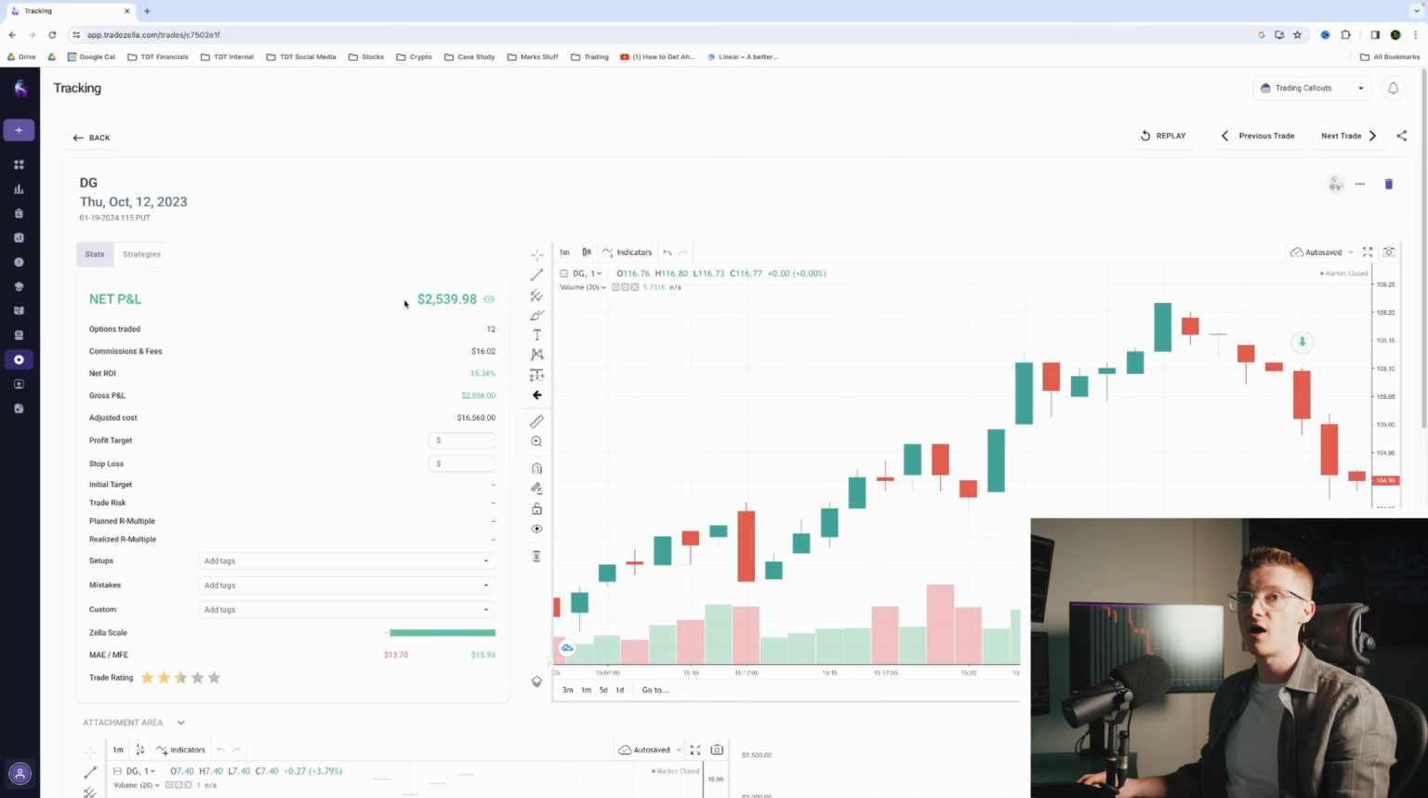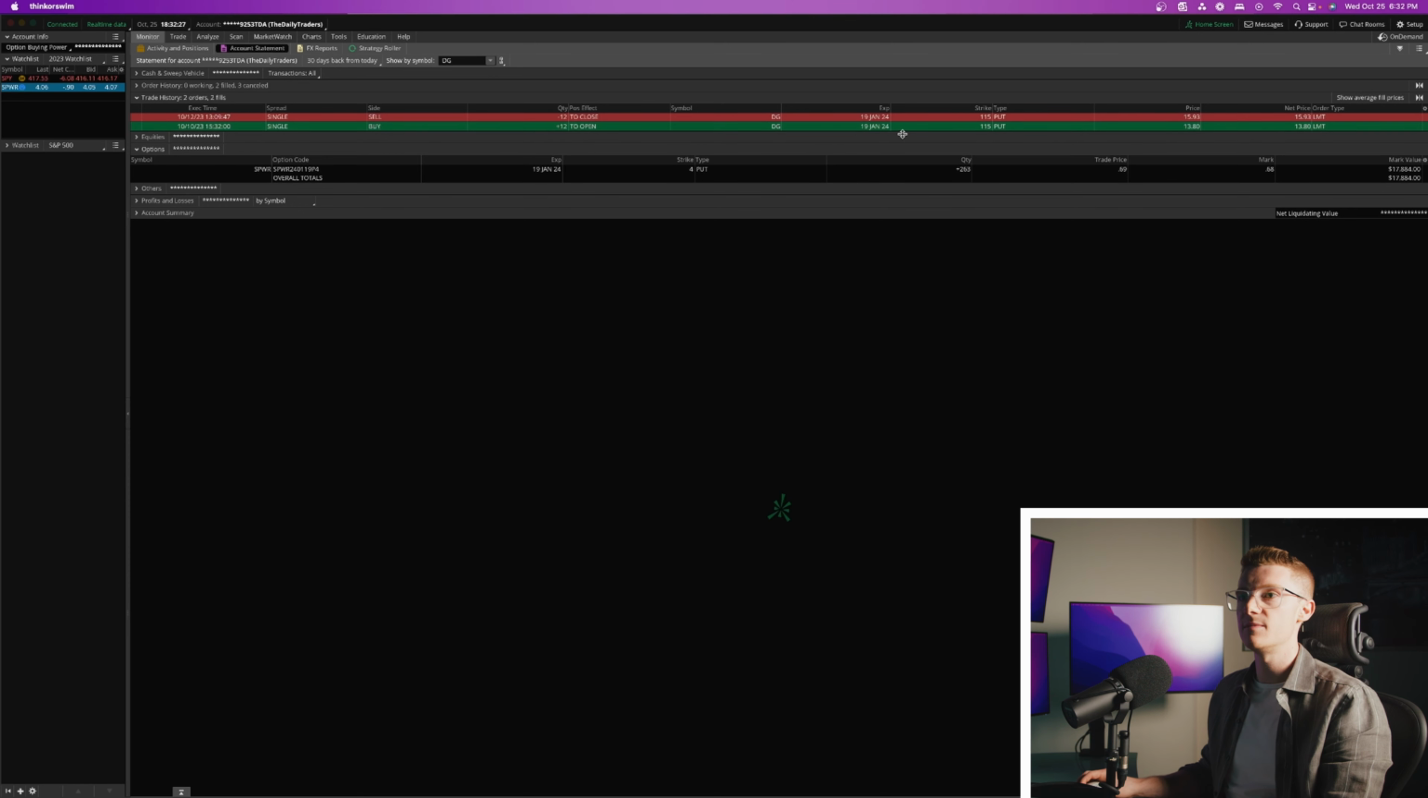And I just want to show you real quick, if you didn't believe me, this is in my trade journal. We've got my net P&L of $2,539. So this was a conservative trade. I only had 16,000 in size, ended up making $2,500 off of this position. And then on my broker, you can see my order fill, okay? These 12 contracts got executed, bought them at $1,380 per contract, $1,380 if you do not know options, and then sold those 12 contracts for